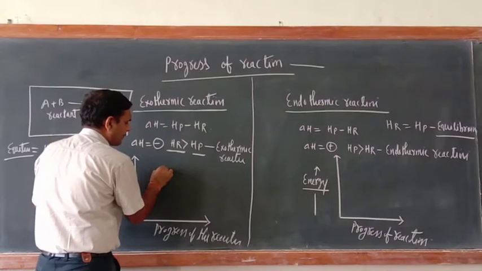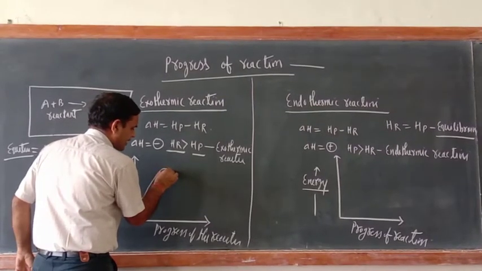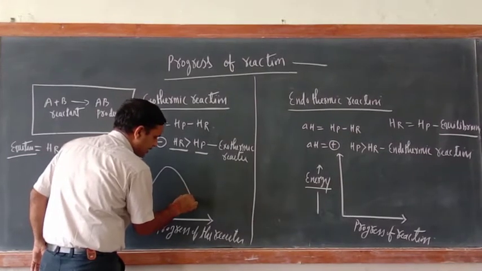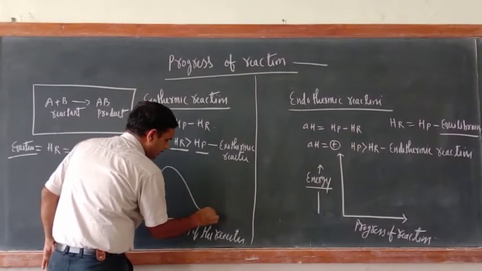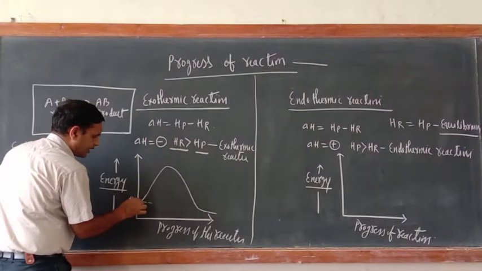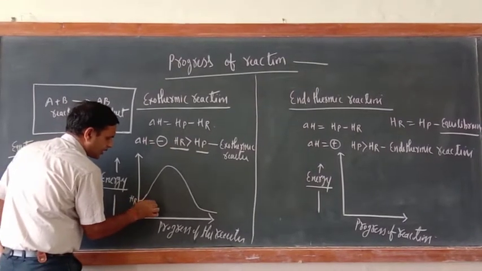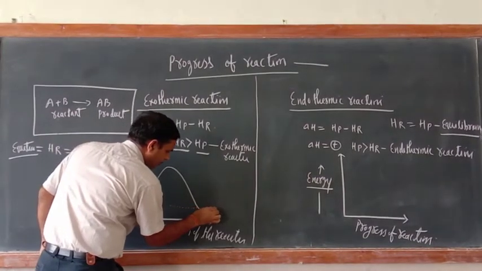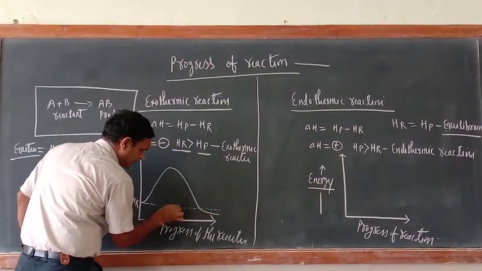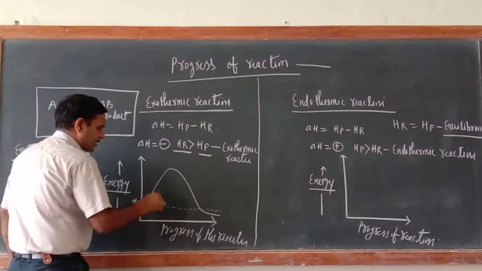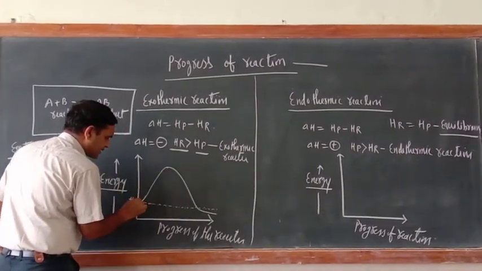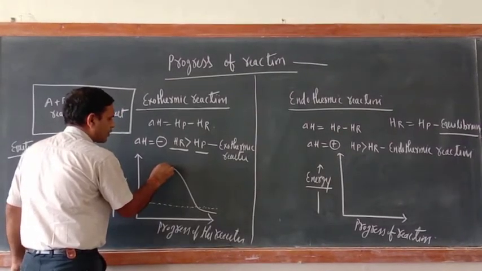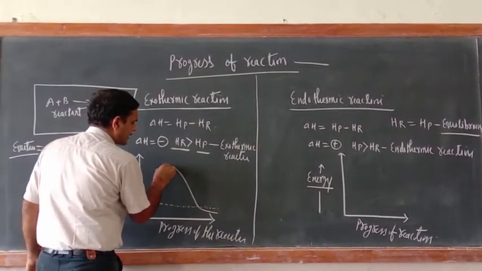Now after some time what will happen? Its energy will be released, and now its energy is decreasing. So just try to understand. At the beginning, whose energy was more? Reactant energy was more than that of the product. Now I am showing a dotted line here. So just see, this is the peak, meaning till here the reactant energy was more. Now it starts declining.